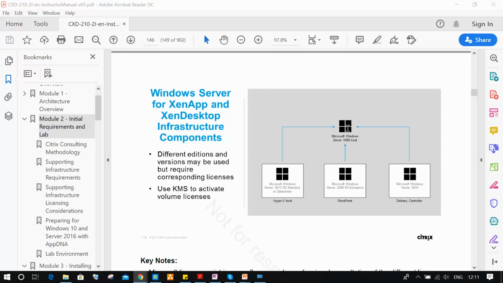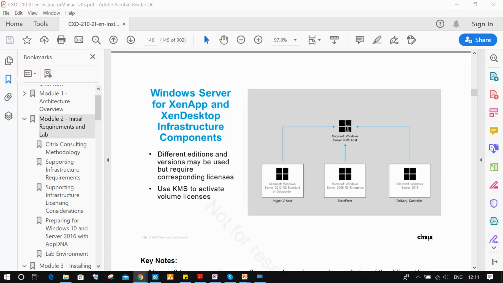For example, when you buy a laptop or desktop, you buy a Windows license like Windows 10 or Windows 7, and you update it. But in a real-time environment, they have hundreds or thousands of servers and desktops. So we cannot update the license manually, one by one. That will be a big problem for us, and also a wastage of licenses.